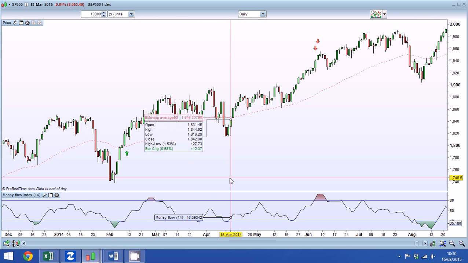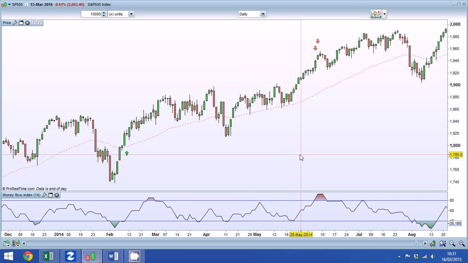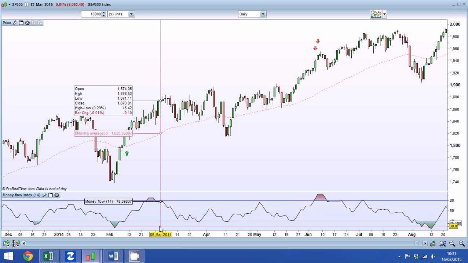Well, I've got it here showing on the chart. This is the S&P 500 and at the bottom of the chart we have the MFI. Now the MFI is quite interesting, relatively unusual for technical indicators because it uses volume, and it uses volume in a nice way. If you look at the indicator at the bottom of the chart, it looks fairly similar to other oscillators, and